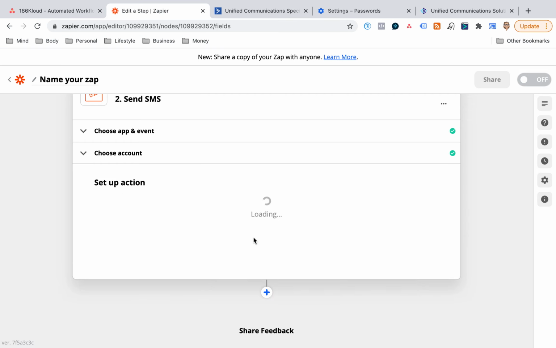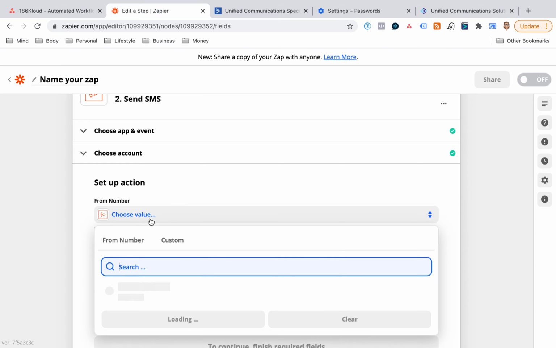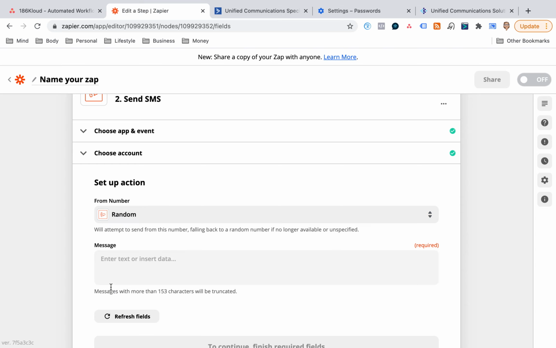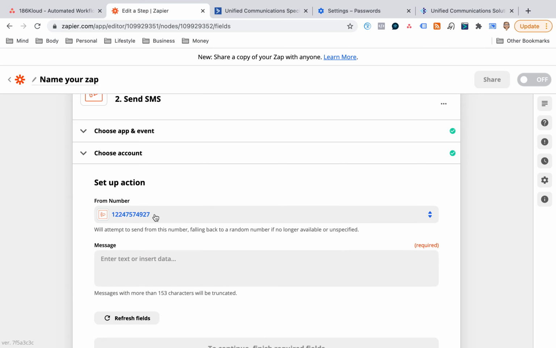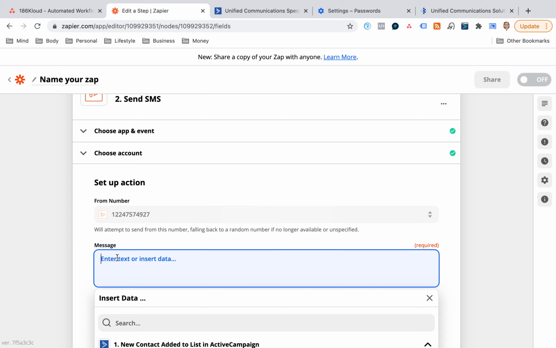So we can just literally go through this process. The from number doesn't matter, it can be a random number. I think you can set it so it actually comes from the same number every time, and of course if you do that, you could save that contact in your phone, and I could set it up as new lead for 186 Cloud, for example, and then I can put in here, hey Neil,